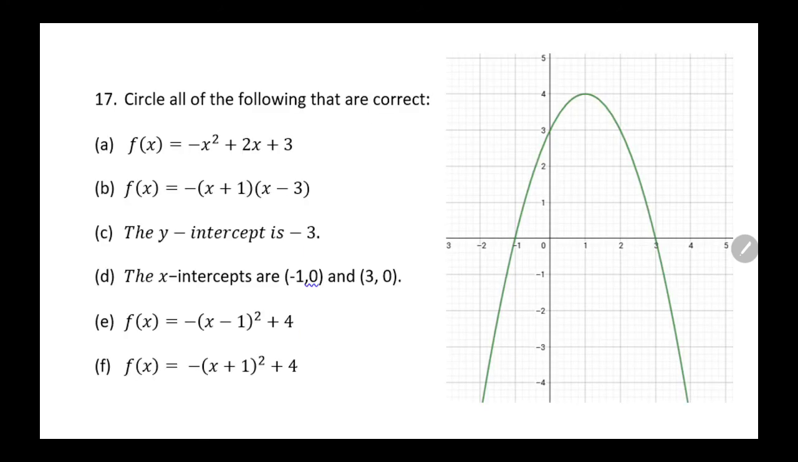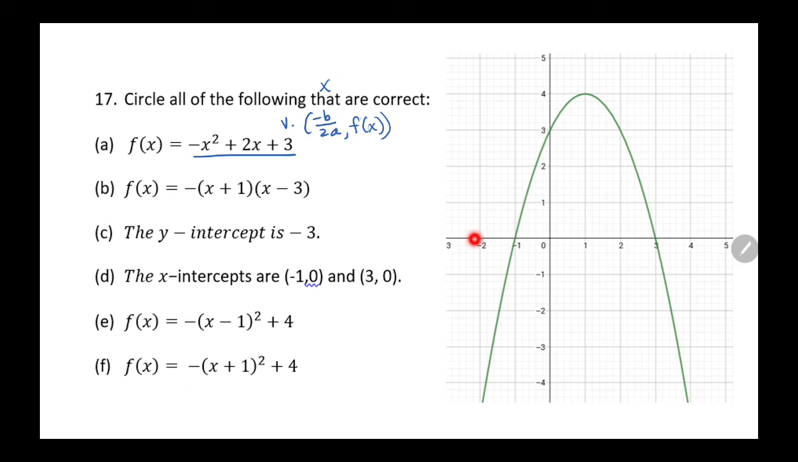Last problem. We're given a graph and we're asked to basically say true or false. Circle the ones that are correct. So if f of x is negative x squared plus 2x plus 3, this is standard form. You've got to recall that the way we check standard form is we check the vertex. The formula for that is negative b over 2a, and that will give us the x value of the vertex. And then we plug that in